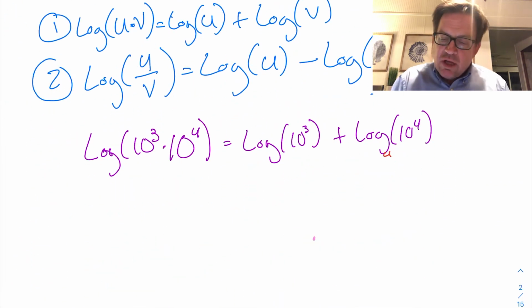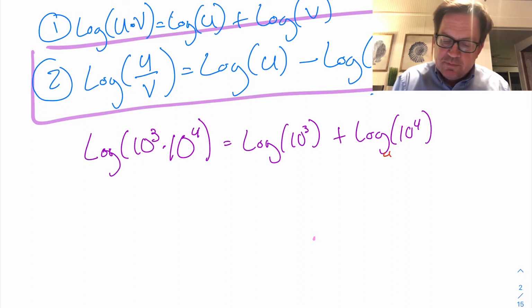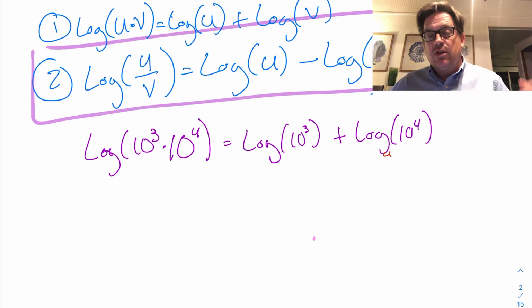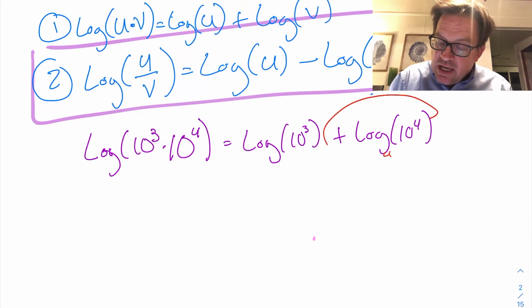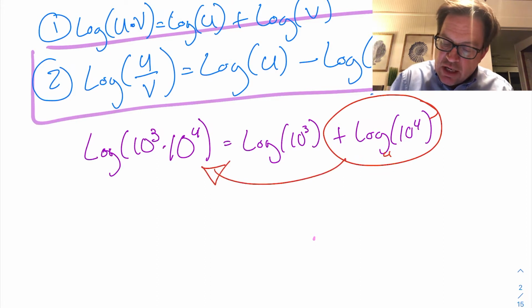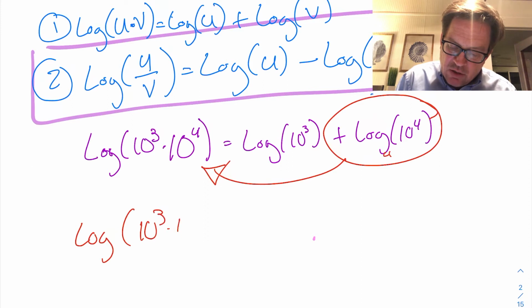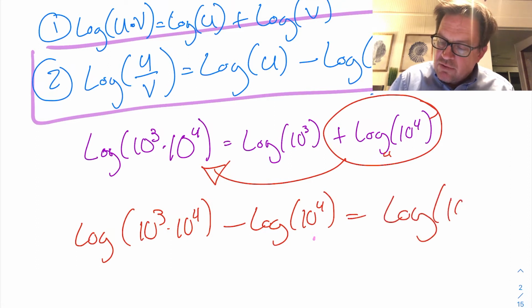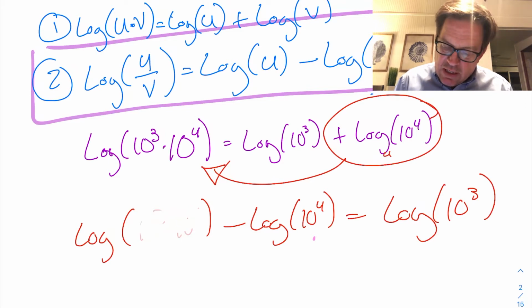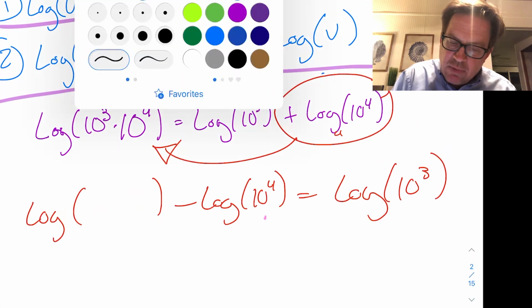What about if you want to think about the division one? There's an interesting connection, those two properties are connected. Suppose we had this formula we have here and we want to subtract this to the other side. What happens then? We have the log of 10 cubed times 10 to the fourth minus the log of 10 to the fourth equals the log of 10 cubed. And so we could take this 10 to the third times 10 to the fourth and make it 10 to